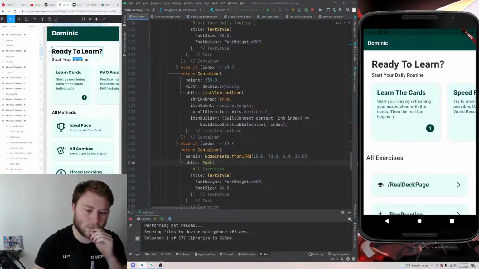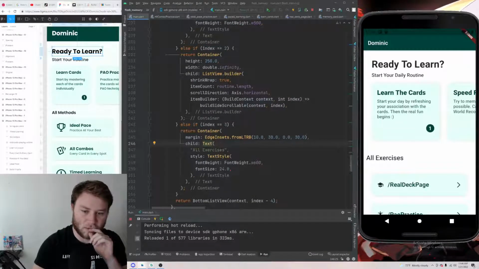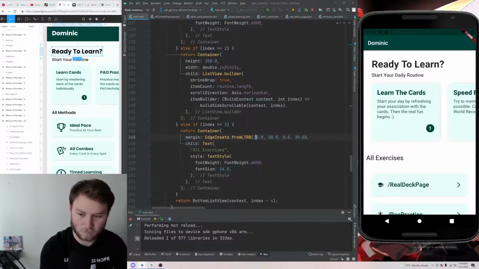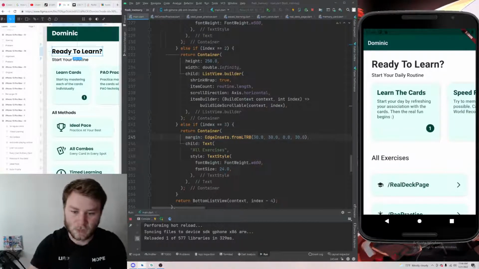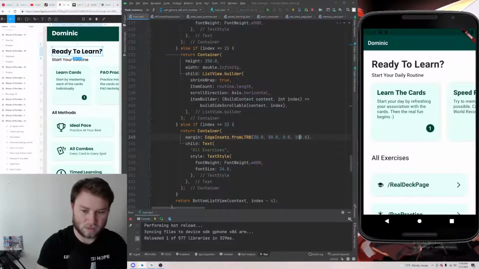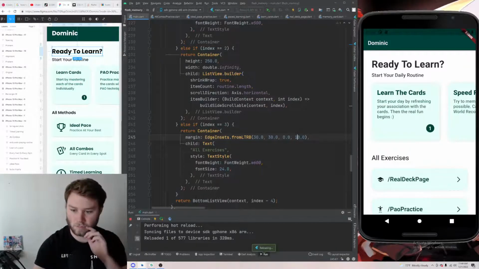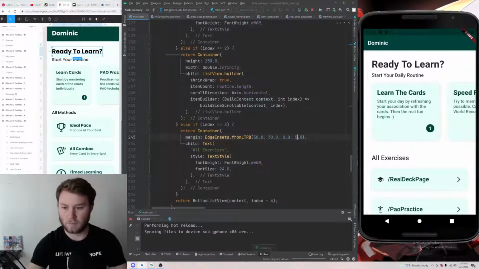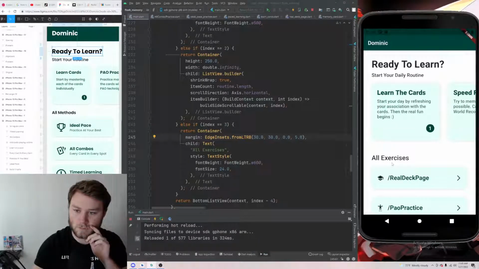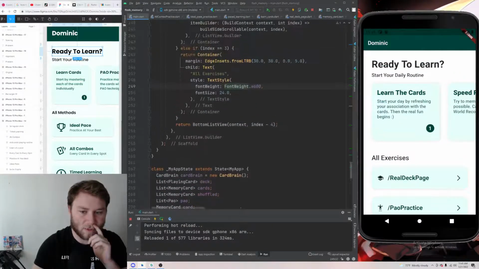Okay. So now let's figure out left, top. And there's way too much on the bottom. Let's do 10. Let's do 5. Boom. That's pretty good. The final thing we're going to do